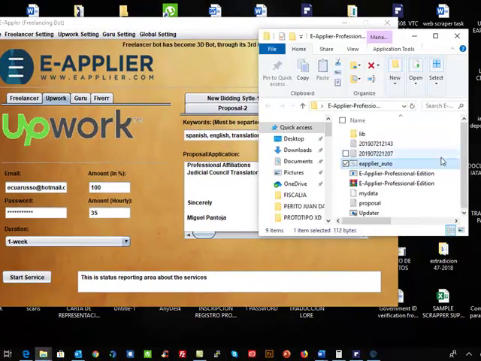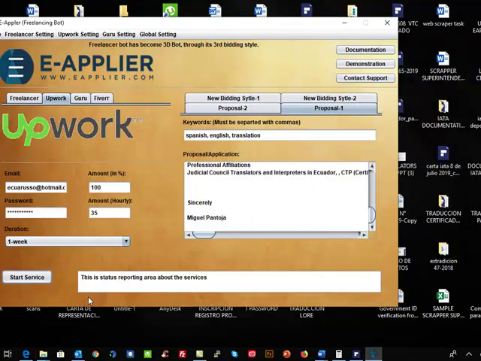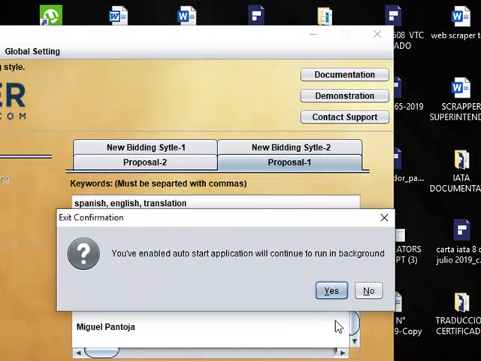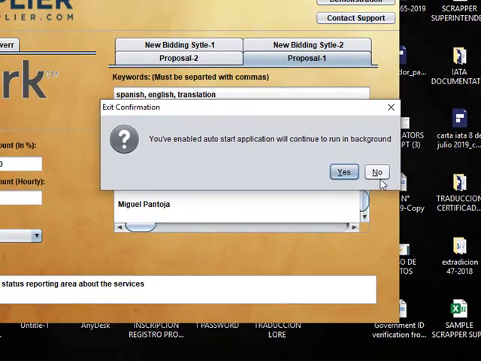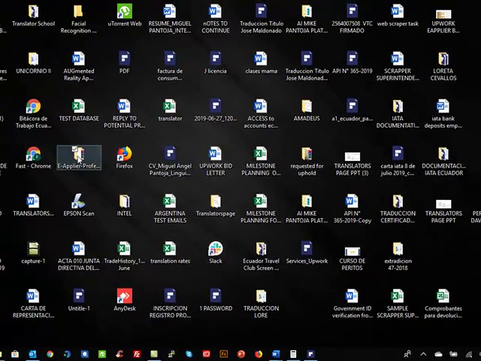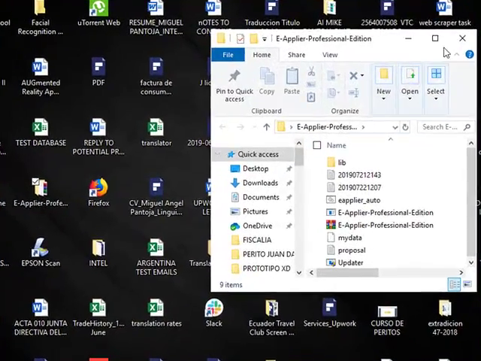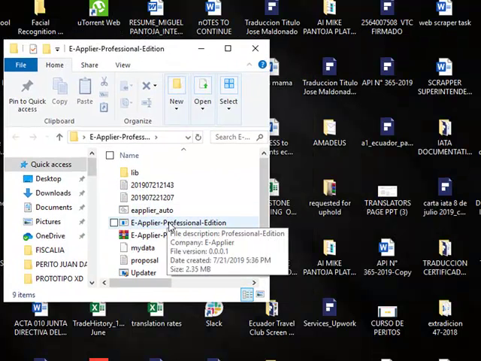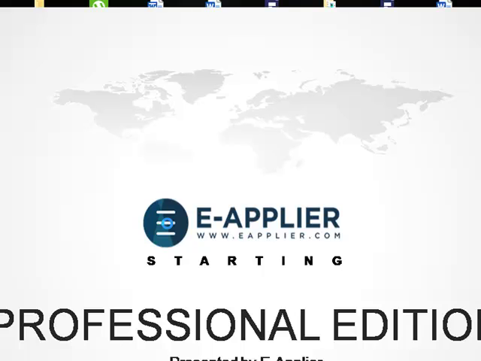What happened there? Let's do something. I'm going to close this. You've enabled the auto start application. It will continue to run in the background. I still don't understand what this is, but for means of showing you, let me